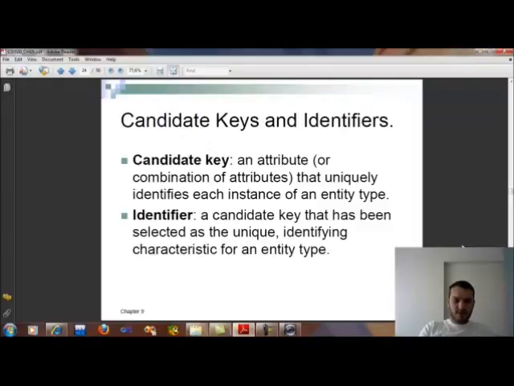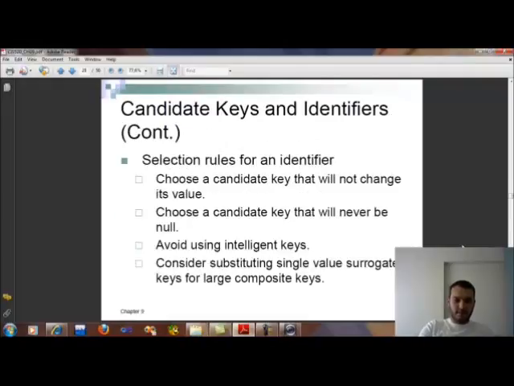And what's the candidate key? A candidate key is an attribute that uniquely identifies each instance of an entity type. And what's the identifier? An identifier is a candidate key that has been selected as the unique identifying characteristic for an entity type. And selection rules